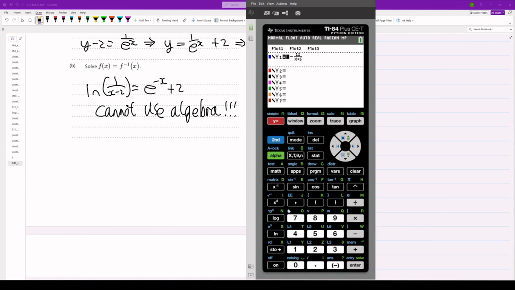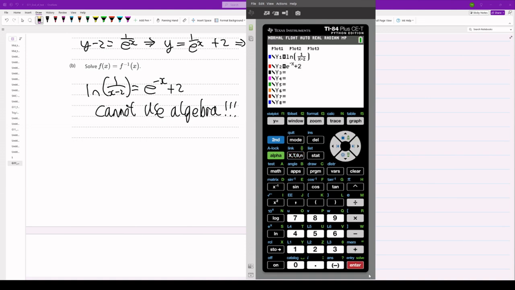Y equals, and you're going to plot. You're going to write out each one. There you go, natural log's down there. So let's clear this. Natural log of 1 over x minus 2. And the other one, e to the power of, oh, e is there. Careful if you're using this calculator. This is the letter E, not the number E. I might be wrong on that, actually. Someone might want to correct me. But that to me looks like the letter E. This is the E we want to use. So negative x,